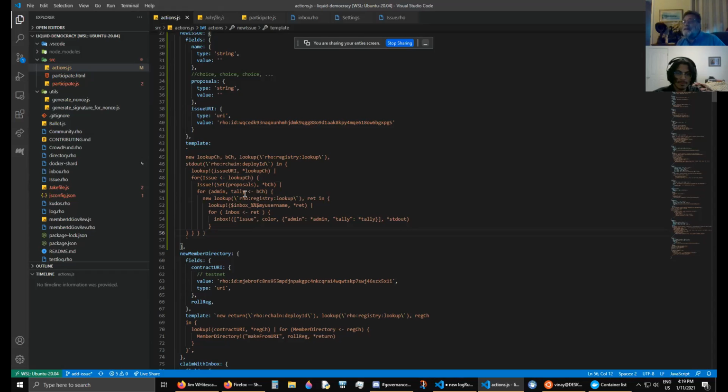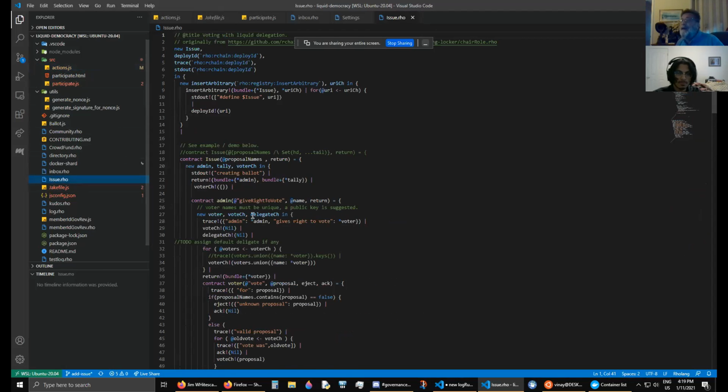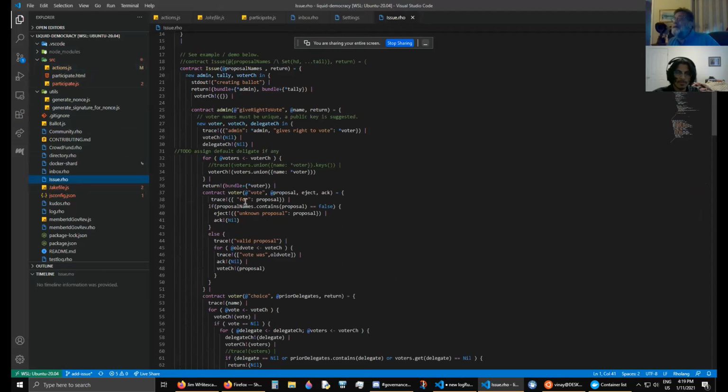Okay, so let's look at the contract again quickly. At line 19 we have the issue. Then on line 22 we create new unforgeable names: admin, tally, and vote chat. And then we're going to output creating ballot. And then we're going to return